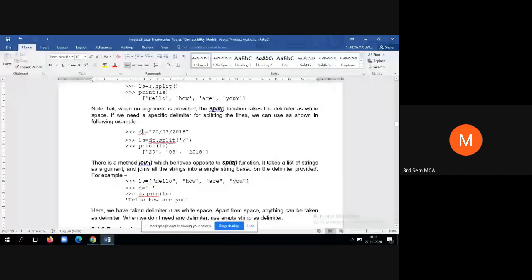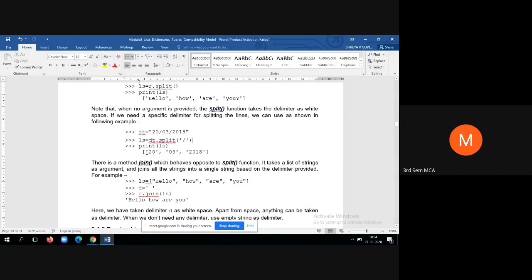Now look at this example. We have a date where the elements are separated by forward slashes. If you want to split the elements 20, 3, and 2018 separately, we have to apply the split method and use the delimiter forward slash as the separator or the field separator. Whenever you specify the field separator, let it be in a single quote.